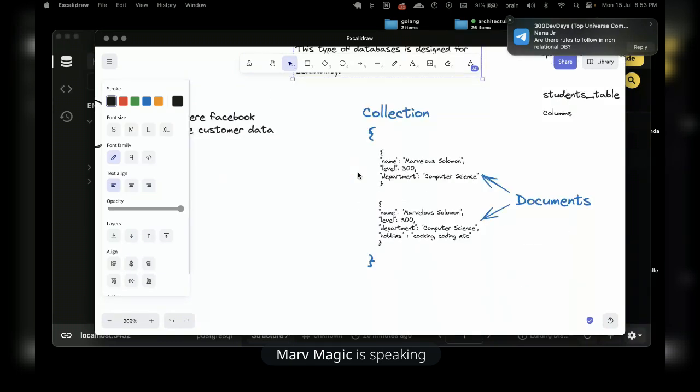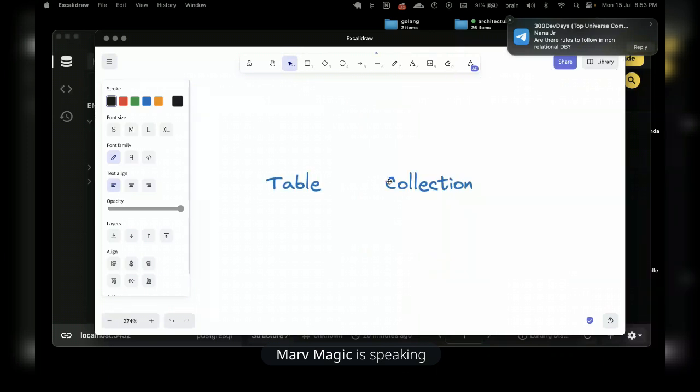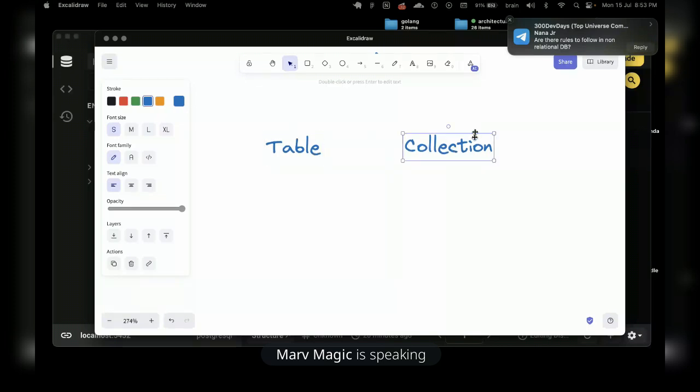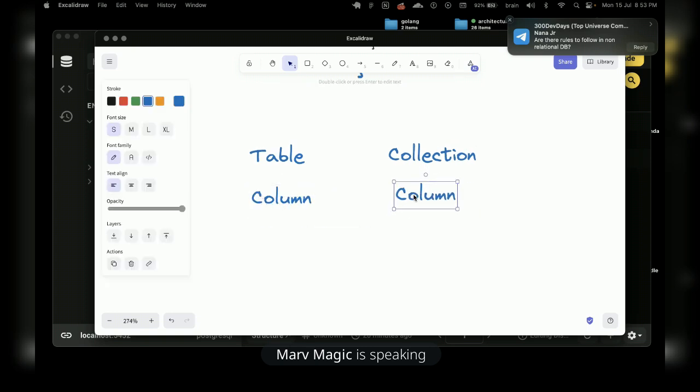I was trying to map how they relate. So a table in a relational database can be seen as a collection in a non-relational database, right? And a column here can be seen as a field here. Now a record